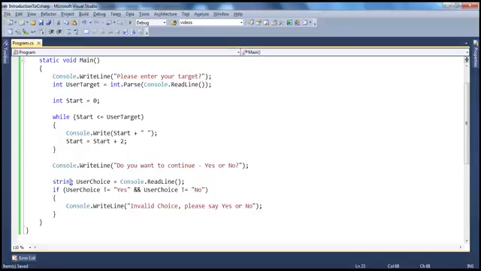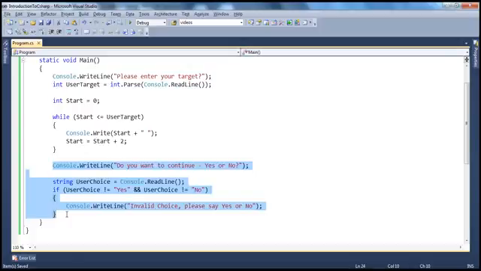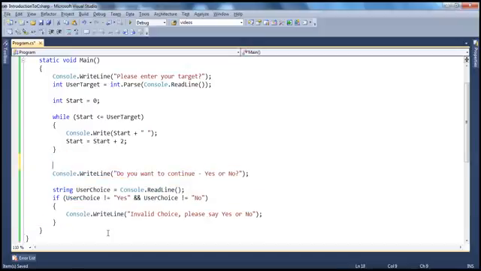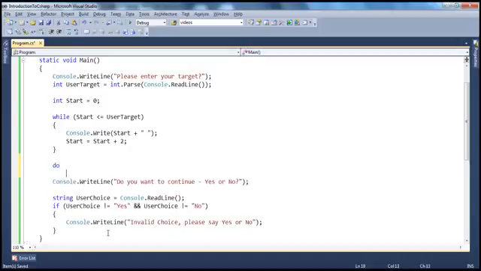Okay, so how long do we want to execute these four statements? As long as he enters anything apart from yes or no, we want to keep this happening. We want to keep prompting the user: now your input is invalid, please enter yes or no. And to do that, we have to use some kind of a loop. So we can make use of the do while loop. We want to do all this